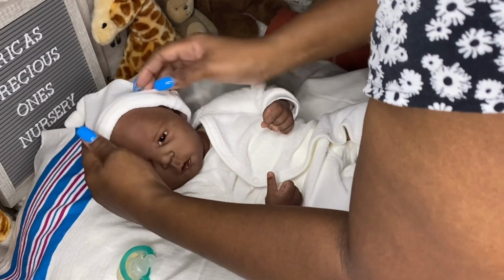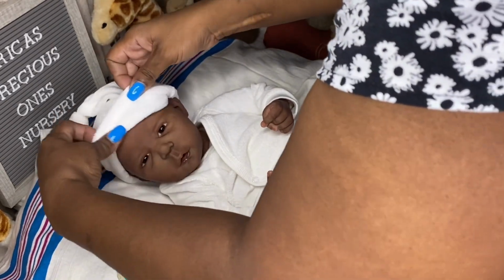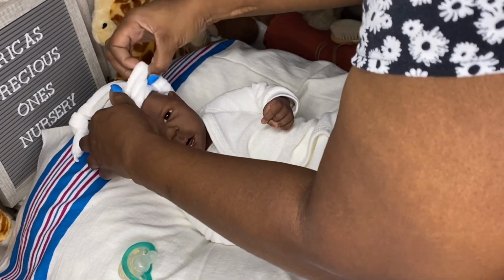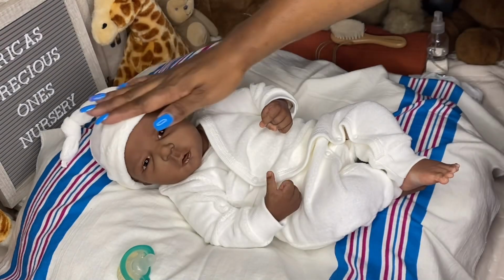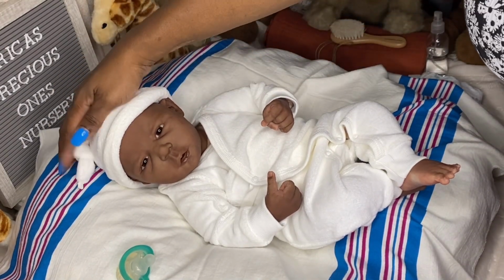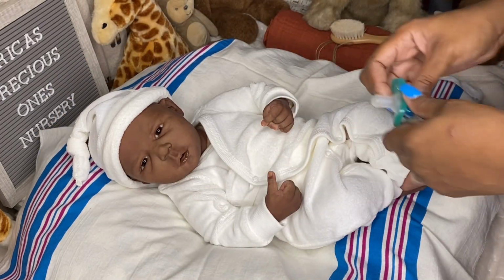And then we'll just put this little hat on. Sometimes I like to leave the baby's ears sticking out of the hat, where you can kind of see their ears, but this hat is too thick to do that because it's terry cloth. But I like to see their little ears. So that is